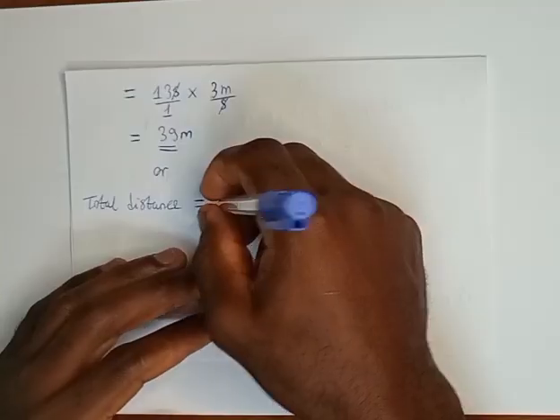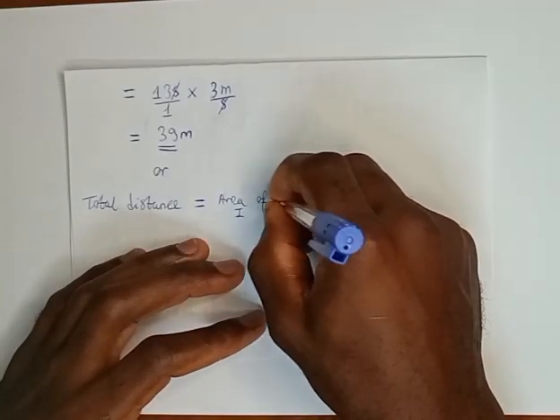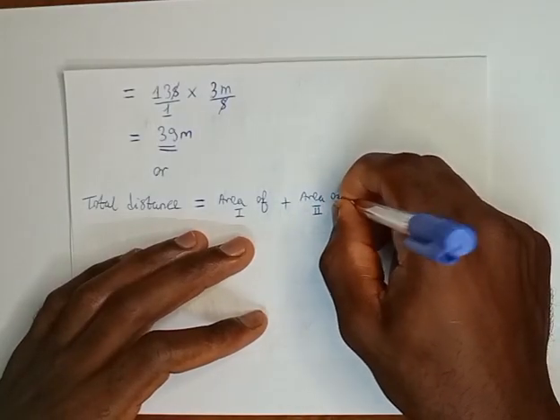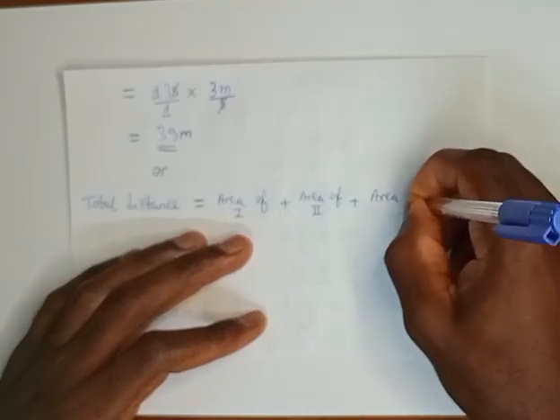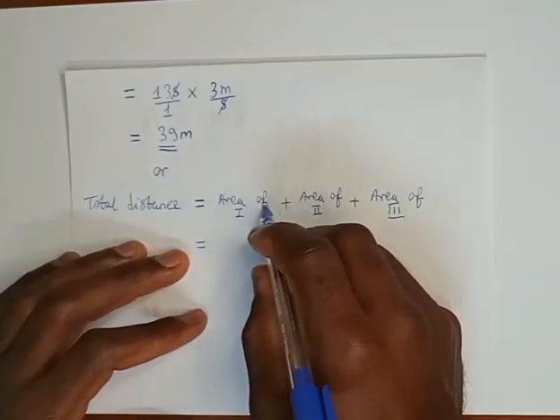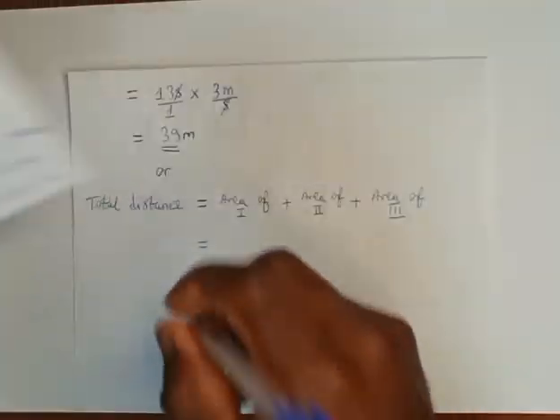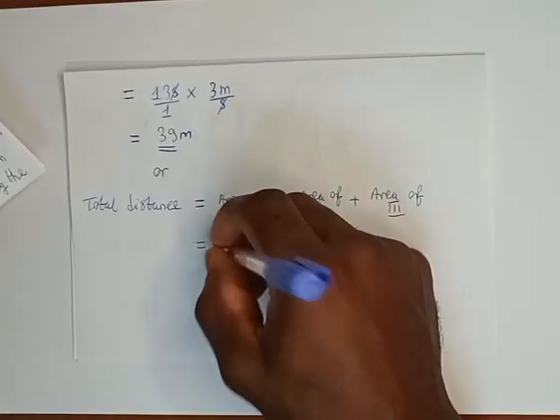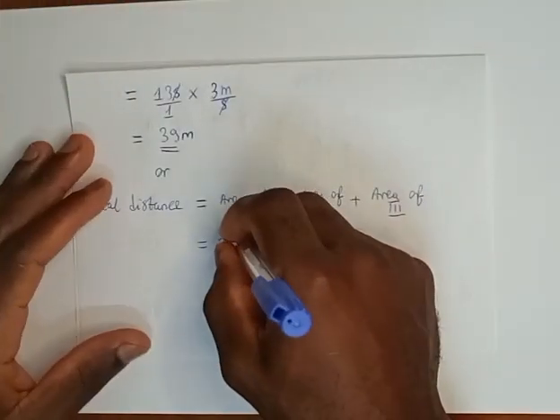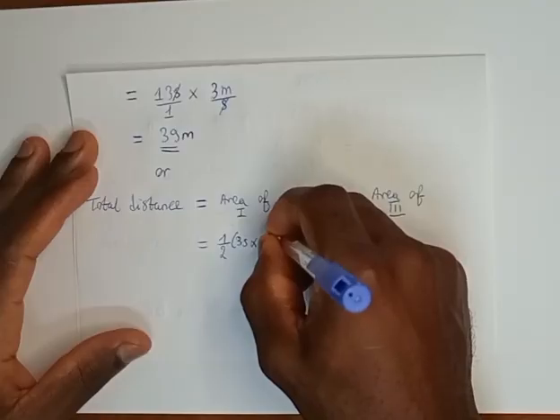So the total distance will simply be equal to the area of 1 plus the area of 2 plus the area of 3. The area of 1 is simply equal to a half base times the height. Take a half times the base, which is 3, times the height, which is 6. We take 3 seconds times 6 meters per second